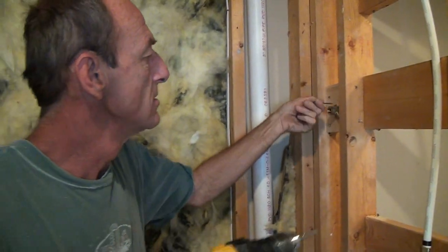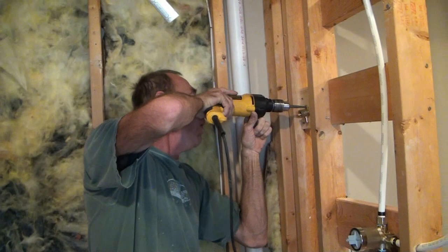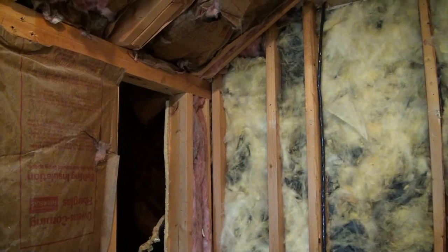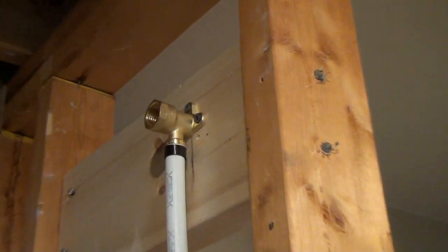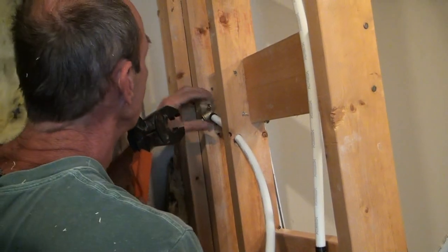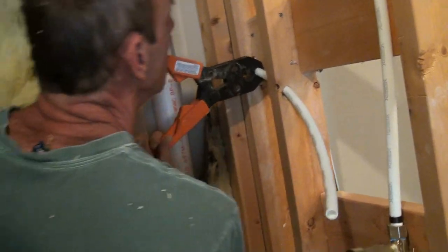Now, I guess I should say right now, we're putting in a tile shower. If you're watching this video and you are putting in a fiberglass shower and you're not doing any of this tile shower stuff we're doing in this video, you would have been cutting holes through your fiberglass shower surround for this stuff to poke through. For that up there, that probably would be above your shower surround, but this is a tile shower application that we're filming here. Alright, if you want to see a fiberglass shower get done in its entirety, using PEX,